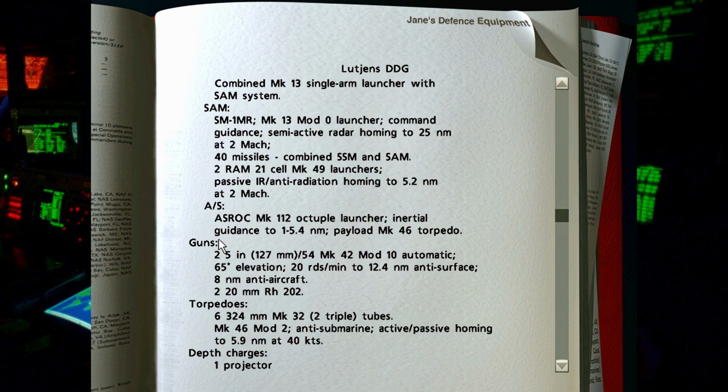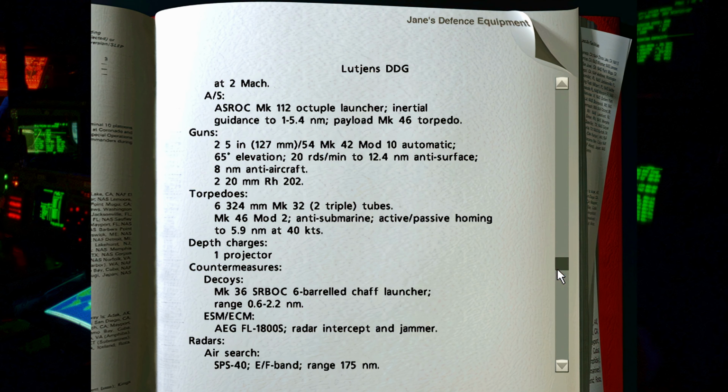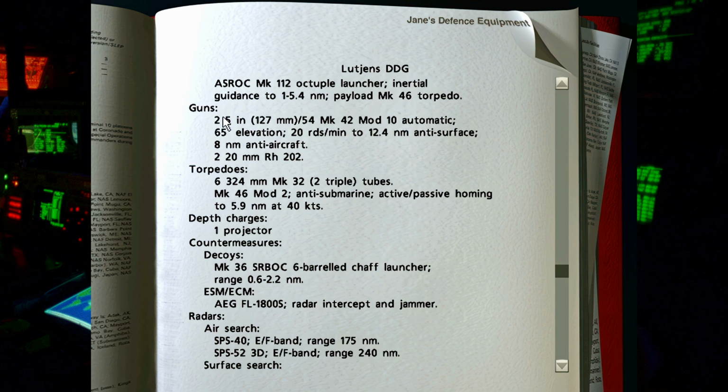For anti-submarine work, they have ASROC Mark 112 octuple launcher with inertial guidance to 1 to 5.4 nautical miles, carrying a payload of a Mark 46 torpedo. Guns: 2 5-inch 127mm 54 caliber Mark 42 Mod 10 automatics with 65 degrees elevation, capable of firing 20 rounds per minute to 12.4 nautical miles in the anti-surface role or 8 nautical miles in the anti-aircraft role, and two 20mm RH-202 cannons. Torpedoes, 6 324mm Mark 32 tubes in two triple sets, firing the Mark 46 Mod 2 anti-submarine